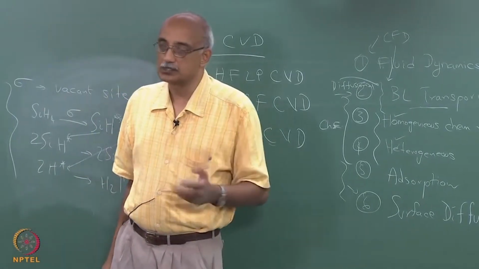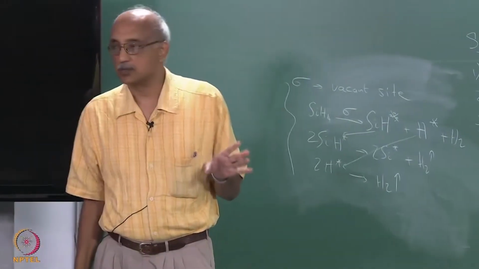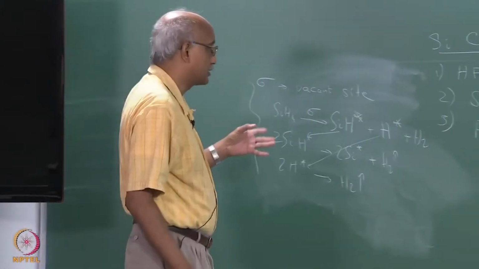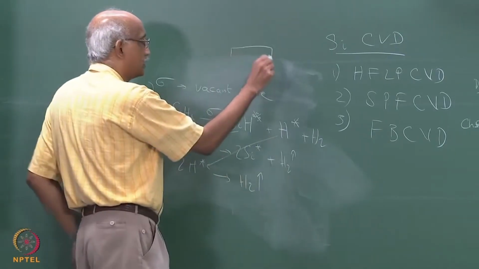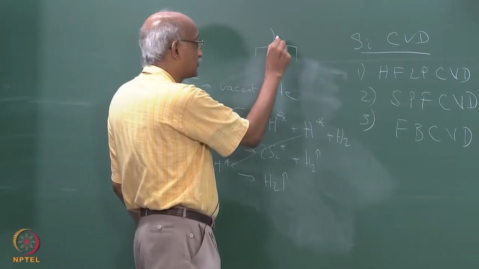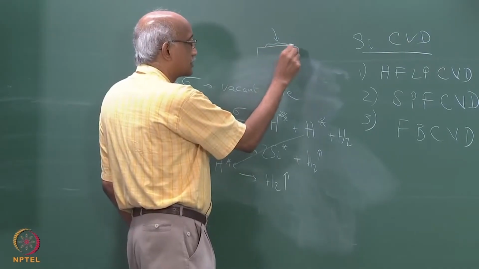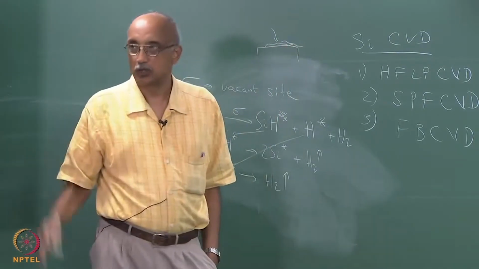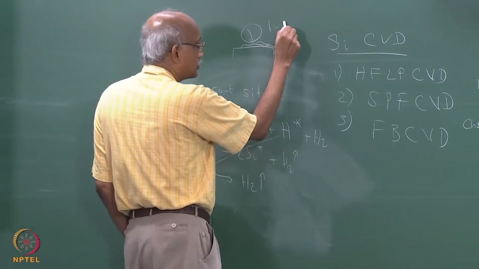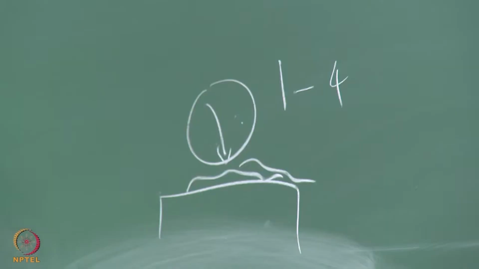They will use the simplest possible fluid dynamic model, simplest possible kinetic model, simplest possible transport model. Another way to look at CVD is if you have a substrate, there are two things that determine how the film grows. One is how does the material get to the surface, the other is once the material gets to the surface, how does it interact with the surface and start to grow as a film. So steps 1 to 4 deal with this part, how is material delivered to the surface,